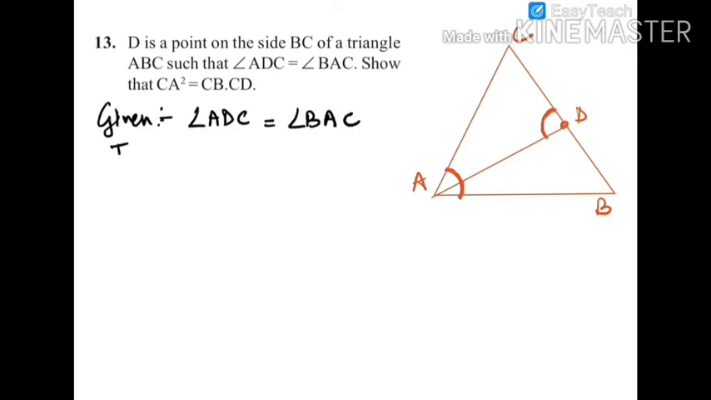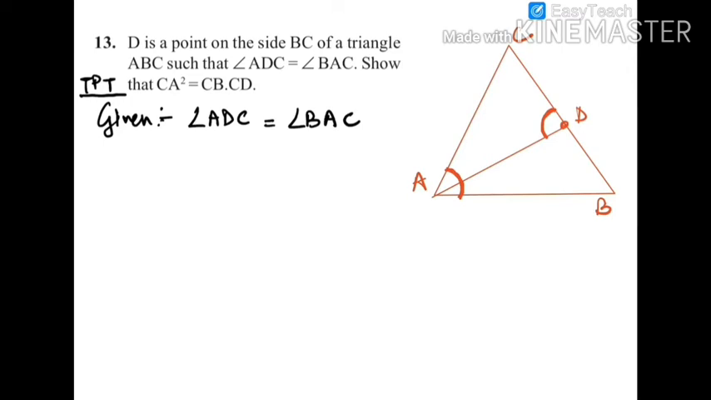So let's draw a triangle ABC. D is a point on BC. So let's say D is over here, such that angle ADC is equal to angle BAC. So these two angles are given equal. Let's write down what is given. To prove that CA square equal to CB into CD,